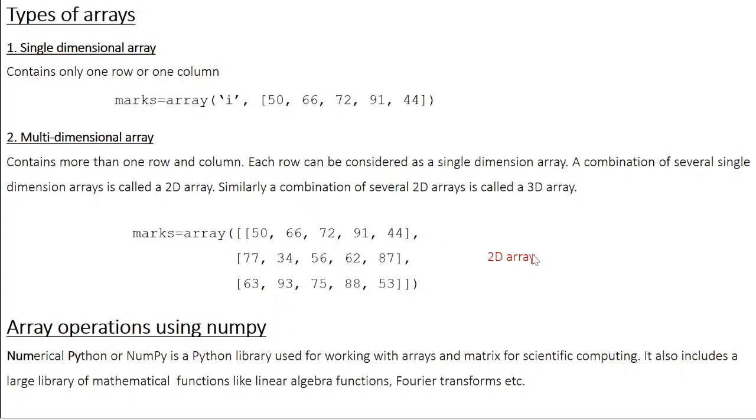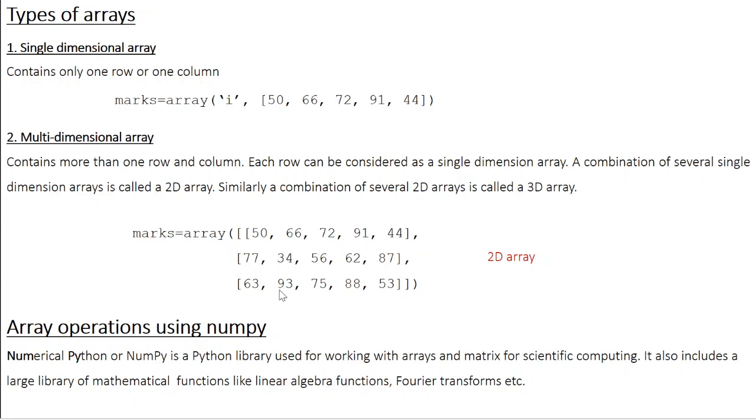So this is an example of a two-dimensional array. So this is how you define it. So marks equal to array, then you have a pair of normal brackets, and inside that you have first a pair of square brackets indicating that you have an array inside it. Then each row you are going to specify inside a pair of square brackets. Now these square brackets, instead of that you can also use normal brackets, doesn't matter. So each row you are going to put inside a square bracket, and each row is separated by a comma.